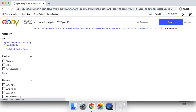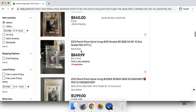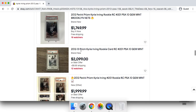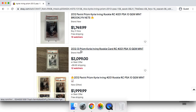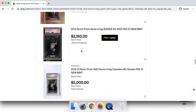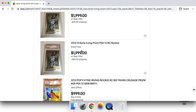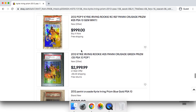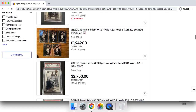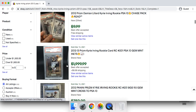Kyrie has been on a tear recently. He's just been playing out of this world. I believe he scored 34 points versus the Knicks a few days back. Just some big numbers from Kyrie Irving. I was personally expecting a big decline in all of the production from the Nets players, and I personally believe now could be a good time to sell Kyrie, just because when Kevin Durant comes back, at the end of the day, Kyrie Irving will be a third option, and it's hard to justify paying this much for a third option. At the end of the day, his production will definitely decline when Kevin Durant does come back,